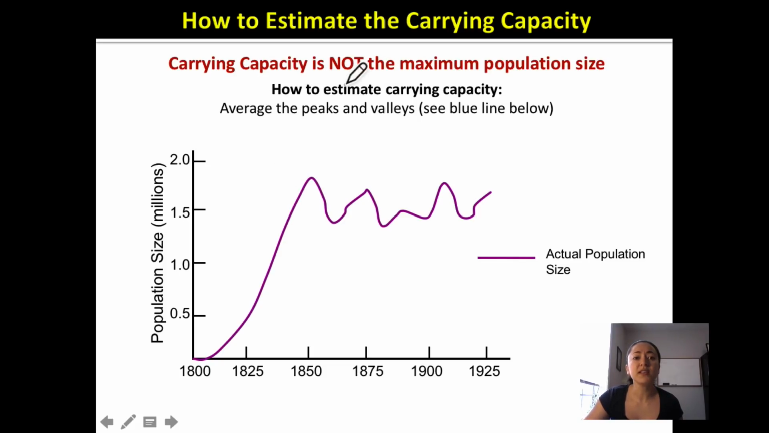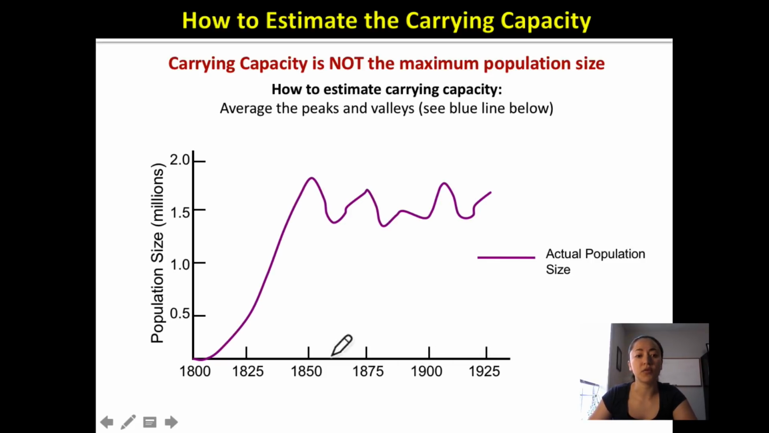One of the biggest mistakes that students make when estimating the carrying capacity is that they estimate the carrying capacity as the maximum population size. Well, it's not the maximum population size that you observe. It's actually the maximum population size that can be sustained or maintained. So notice here, this is showing the actual population size or growth in a population. This example here, or this graph, is showing